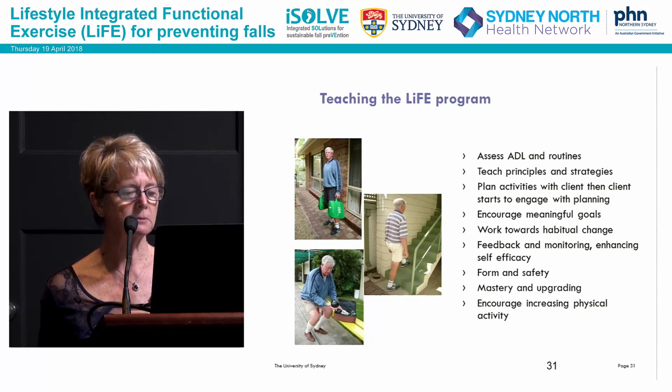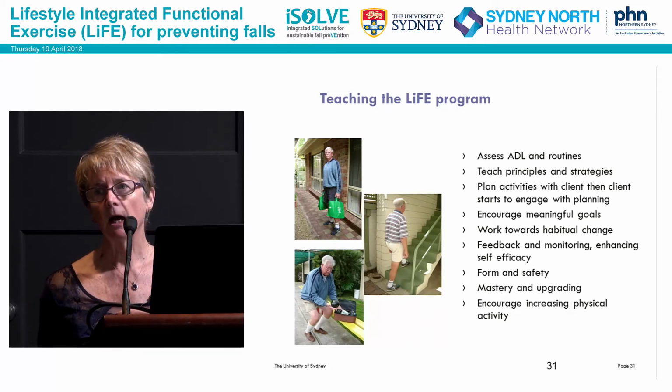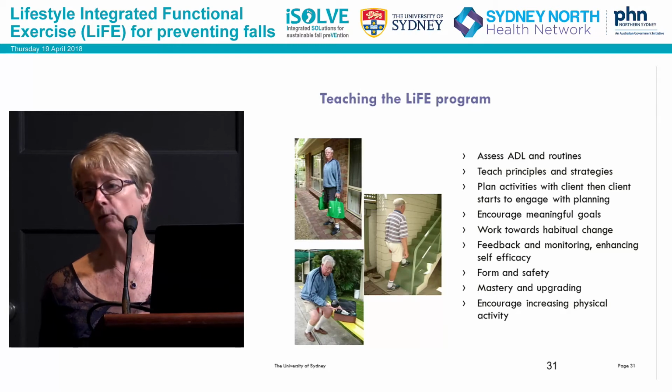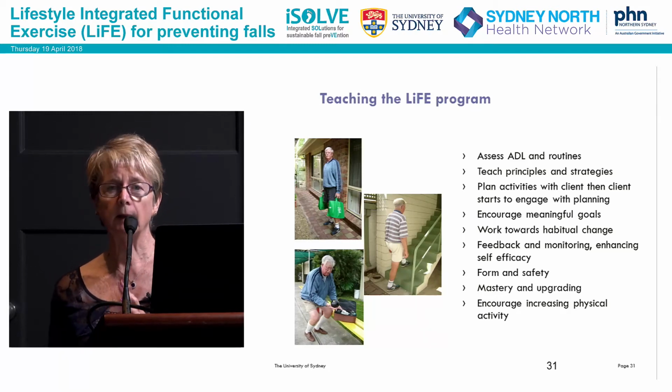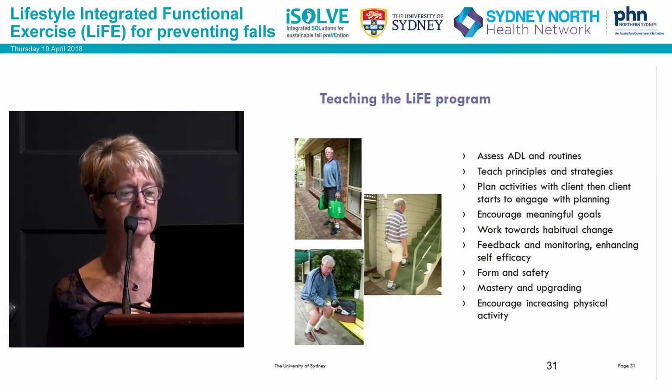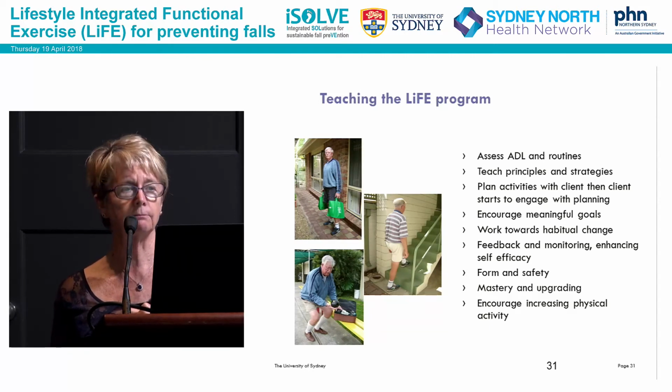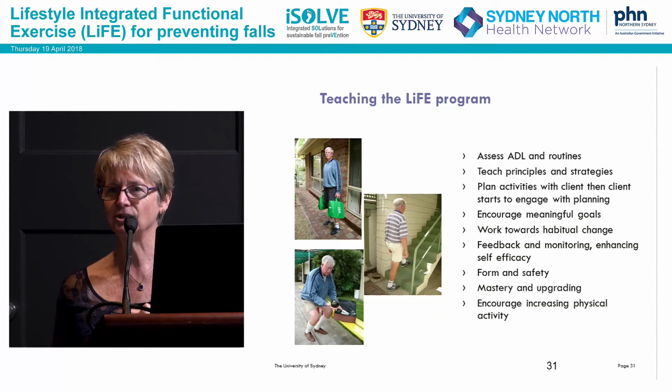Form and safety we've talked about, mastery and upgrading. So doing things correctly and working out ways to upgrade. We didn't program people to say we want you to do more, but as people improved, we did talk to them, and in the manual we had suggestions for how they might increase their physical activity. So we talked about things like, well, when you go to the supermarket, if you're going to drive, maybe you could park further back, and or when you go out to lunch with a friend, maybe instead of sitting down chatting afterwards, you go to walk together, or so just different ideas for how they might think about doing more